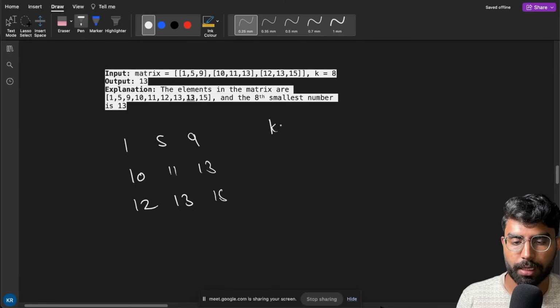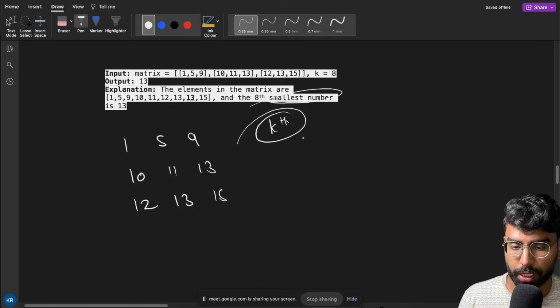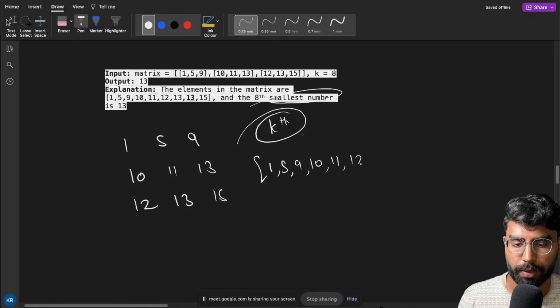We need to find the kth smallest number. Okay, after sorting it will be 1, 5, 9, 10, 11, 12, 13, 13 and 15,